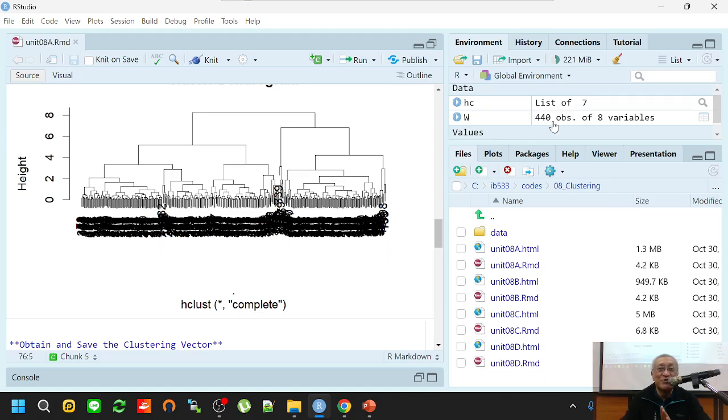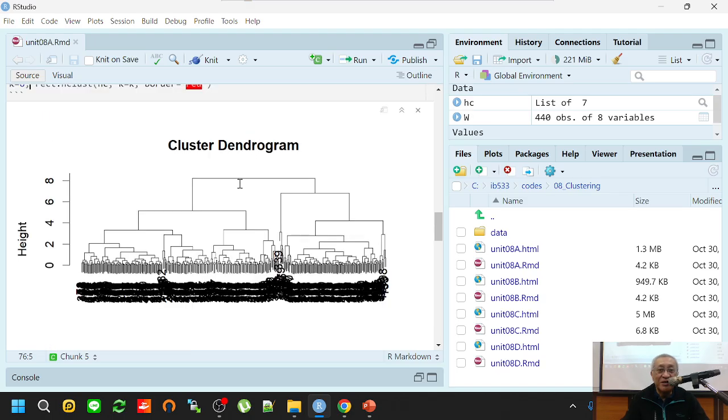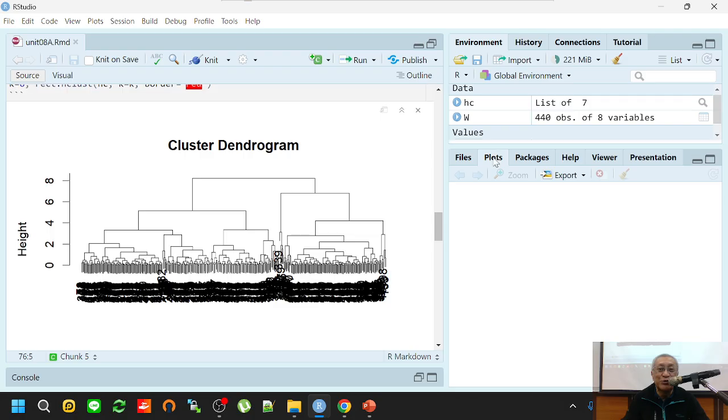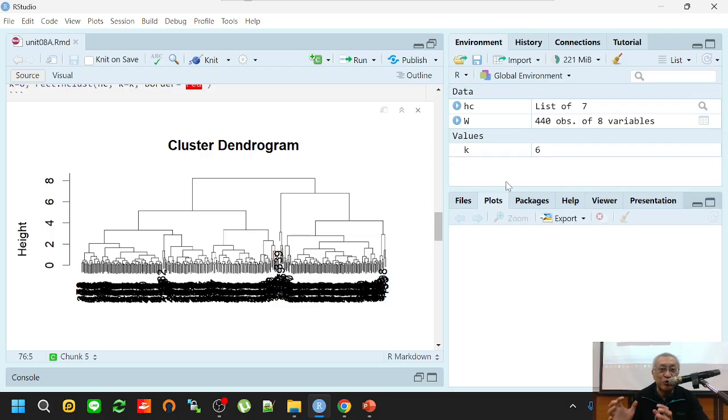Is this 440 retailers? Okay, and every horizontal bar is actually a group. So in the beginning, you don't have a group. In this group, all of the 440 retailers are together. Okay, and then this hierarchical clustering divides the group